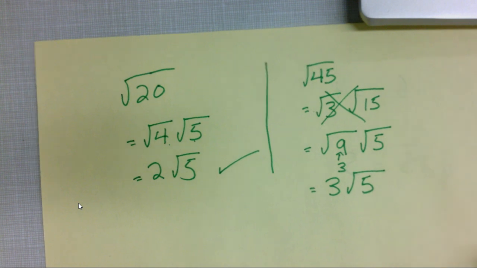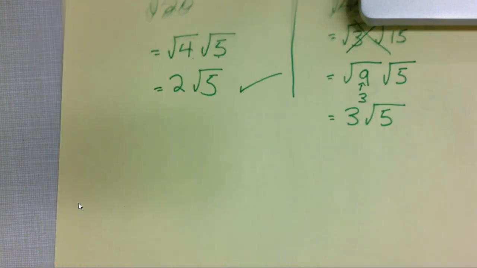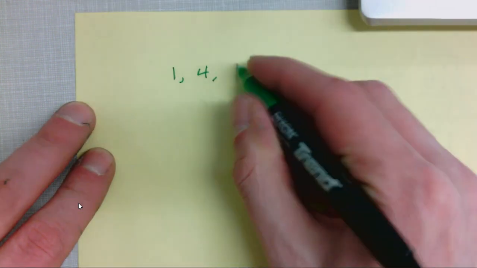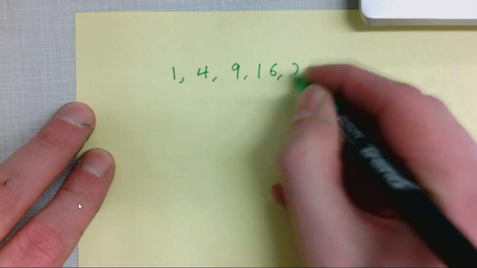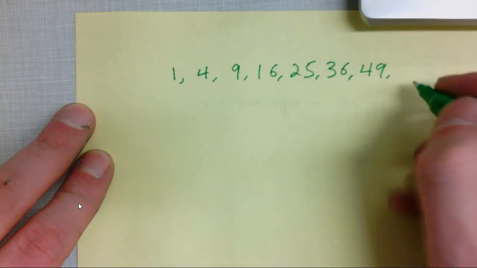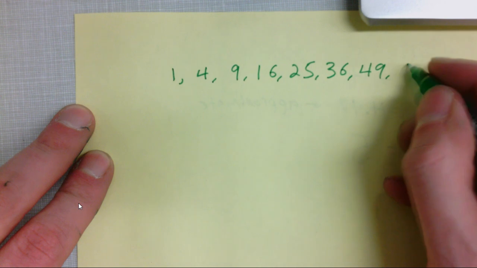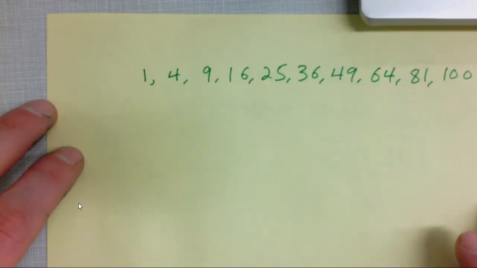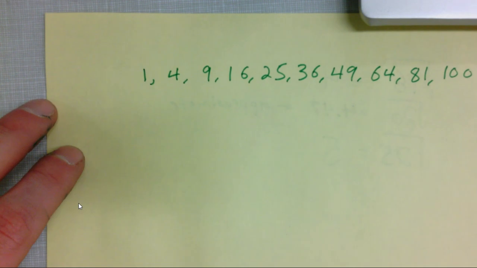So as we work with radicals, we're constantly searching for these perfect square factors. So if we have kind of a list of our perfect squares, 1 times 1, 2 times 2, 3 times 3, we're constantly looking for these factors to pull out of our expressions. And there really aren't that many of these under 100 or under 150. So we're always looking for, can I break apart my radicand into a product of 2 numbers,